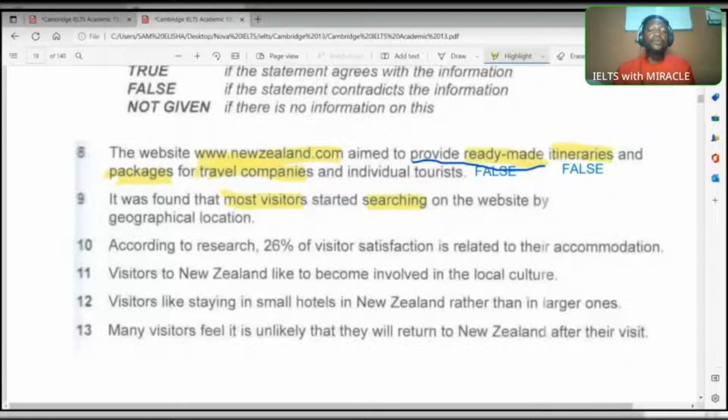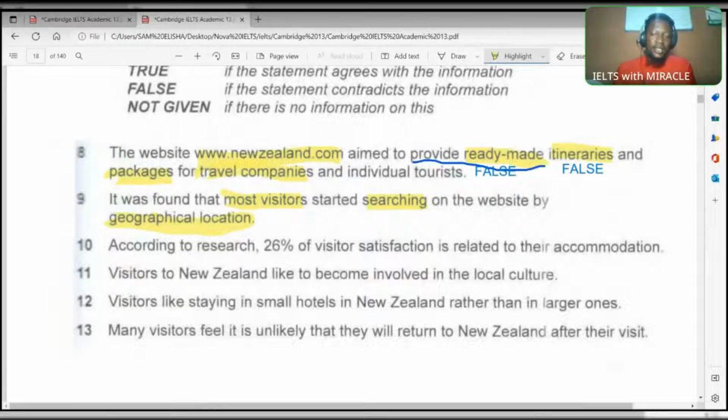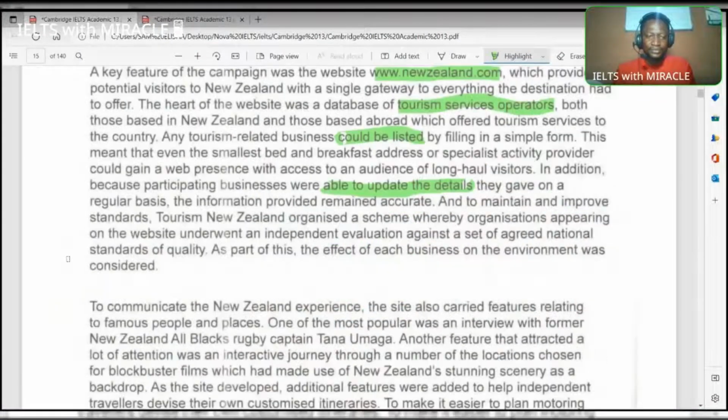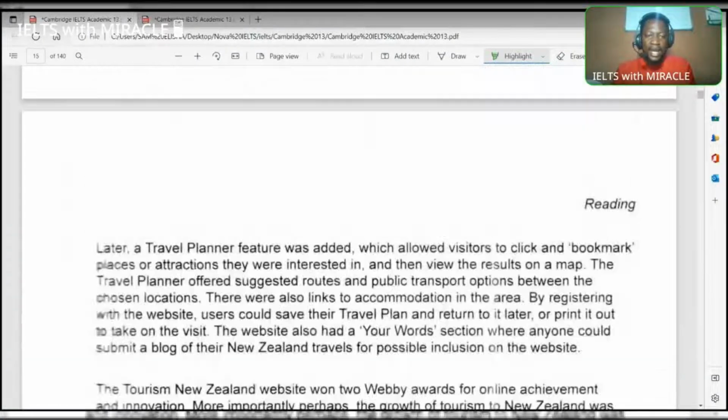Most visitors started searching on the website. So the keyword is geographical location; most likely they would not change geographical location. Right? And if you scan, I think geographical location should be somewhere around